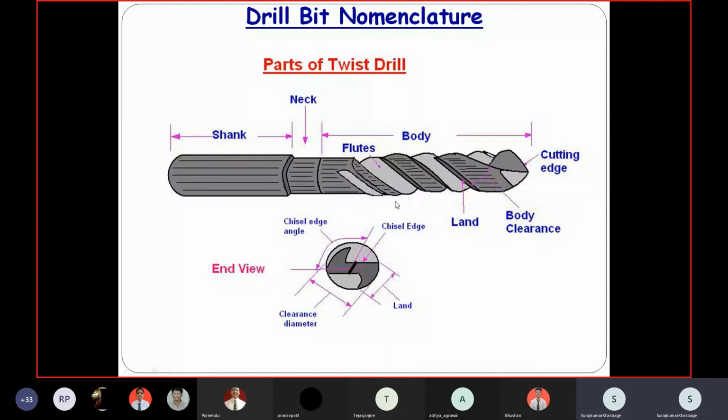Okay, so this is the picture of the drill bit. This is the main cutting edge which is performing the main cutting operation. The other parts of this drilling tool are not going to cut, but they are just helping to remove the material outside the drill, and that's why they are provided. Okay, ये कट करने का काम नहीं करते, कट करने का काम आपका सिर्फ यही पोर्शन करता है.